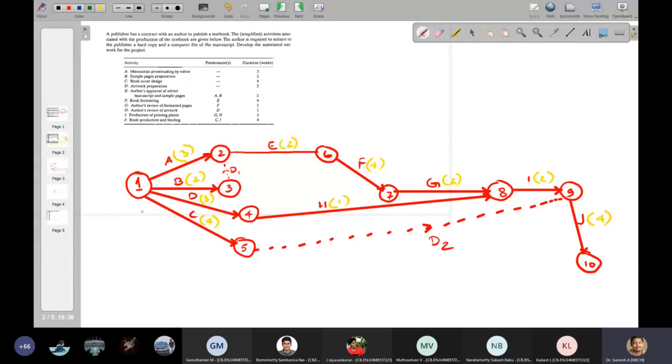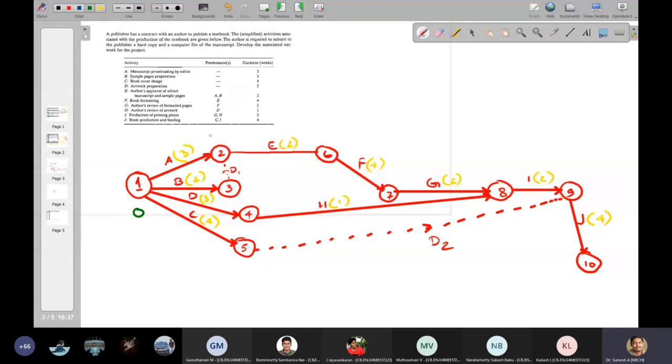As we have seen in the simulation, whenever the first job enters into the system, that time only the clock will start. So this will be at time 0. Now, when it is time 0, activity A will complete at 0 plus 3, that is at the end of 3 weeks.